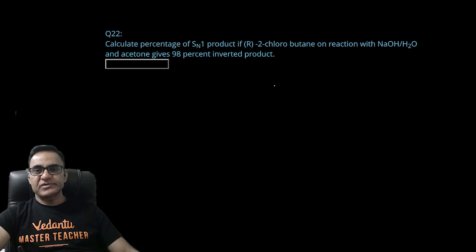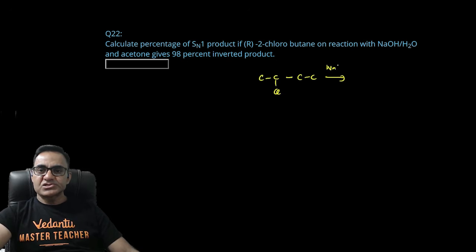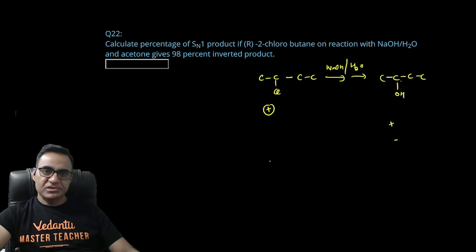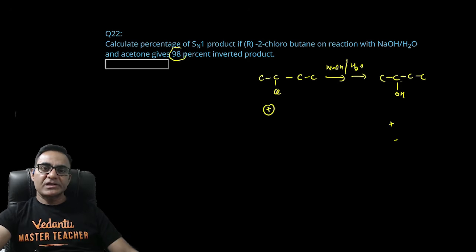कैलकुलेट द परसेंटेज ऑफ SN1 इन 2-chlorobutane और रिएक्शन विद NaOH। 2-chlorobutane का एक्चुअली रिएक्शन करवा रहे हैं NaOH एंड H2O के साथ। तो जो मुझे कंपाउंड मिल रहा है ना, उसके अंदर यहाँ पे जैसे OH आ गया, तो जैसे ये (+) है तो ये (+) भी बन सकता है, (−) भी बन सकता है, दोनों का मिक्सचर बन सकता है। अब इन्होंने बोला है कि 98% इन्वर्टेड प्रोडक्ट है, इसका मतलब SN2 ज्यादा हो रहा है।